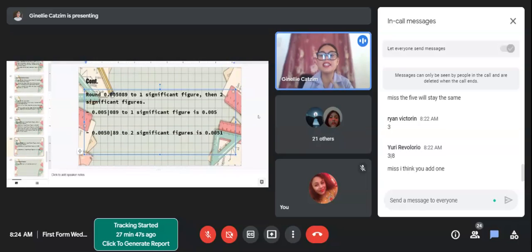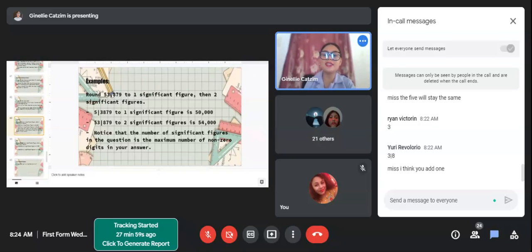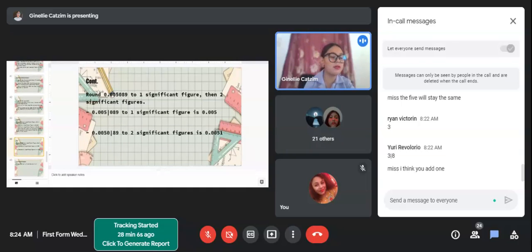Why? Because in decimals, the zeros at the back are not important. However, don't do that with whole numbers, like for example, the ones that we just did here. Do not remove those zeros and keep the 5, because you are changing the whole number, right? So in decimals, if we have zeros at the back, it doesn't matter, but in whole numbers, we need to keep the zeros, right? So our answer stays as 0.005. Remember, we need to have just one